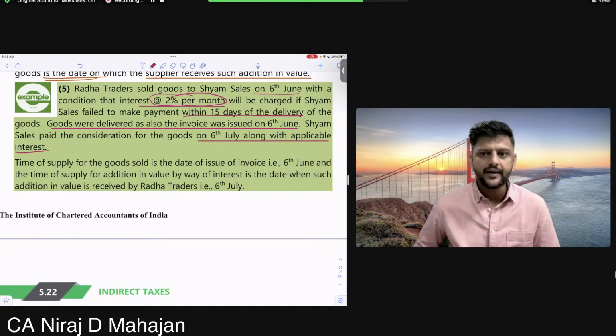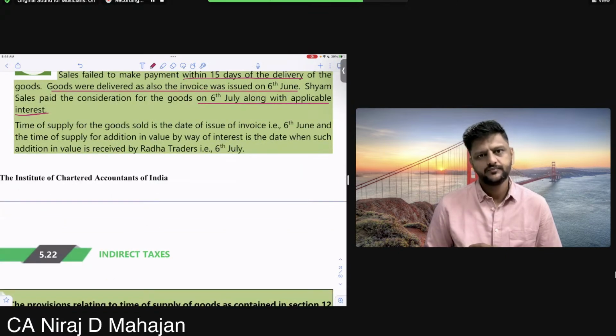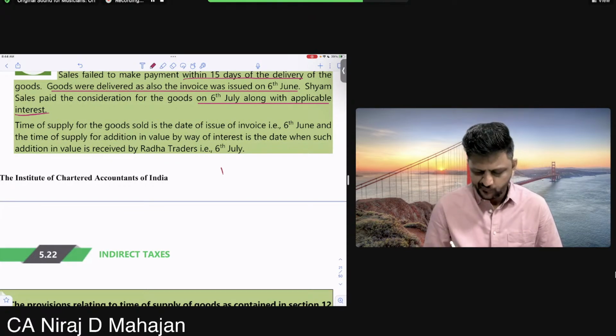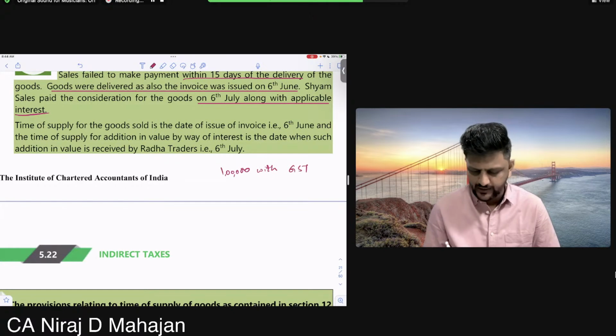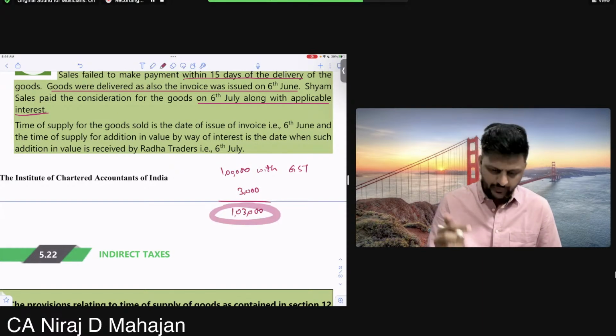Now pay attention. We'll have to break down this invoice now. Even if I'm getting the entire amount, understand this important point. Our example was originally 1 lakh, inclusive of GST earlier, yes or no? And then let us say 3,000. So the total payment I got was 1,03,000. I'm getting it in one single payment, no problem about it.